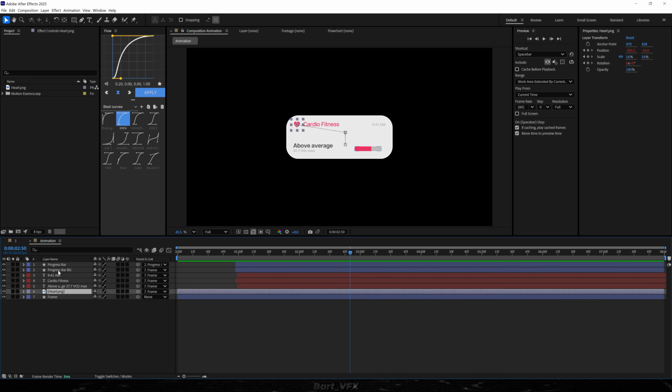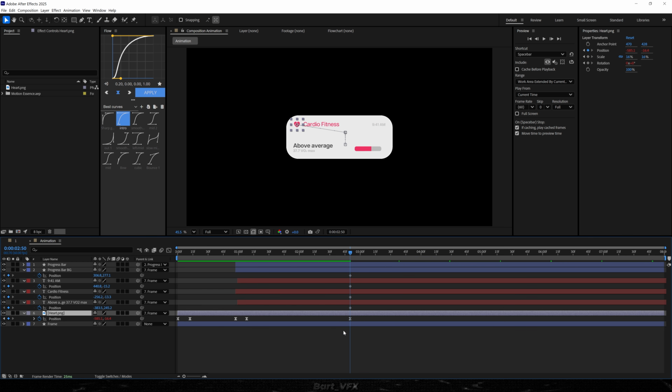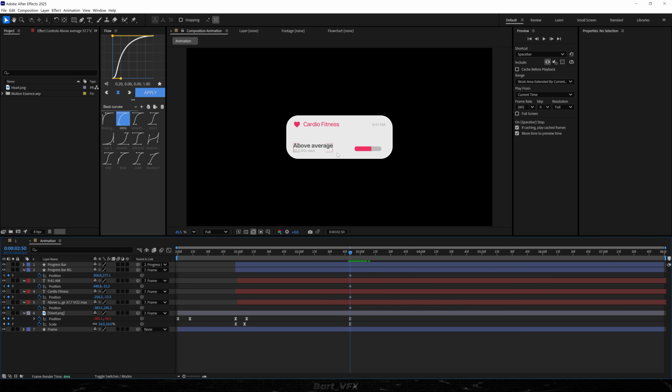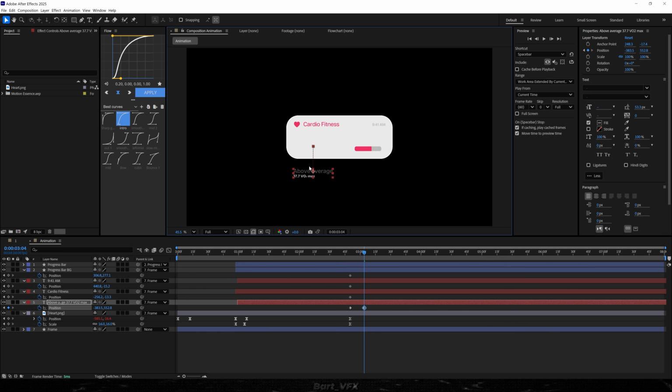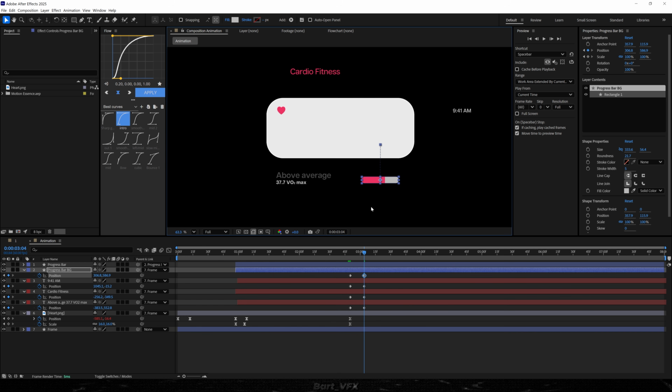Then we're gonna select all the layers apart from the progress bar and the frame, and we're gonna create keyframes for position. Then in terms of the heart, we're also gonna have a keyframe for scale, and now we need to move everything out the frame. So I'm gonna move a couple of frames forward, I'll take that text, drop it a little bit lower, then cardio fitness is gonna go up, time is gonna go to the right, and the progress bar BG is also gonna go lower. Once you've done that, we need to take care of our heart, so I'm gonna click on